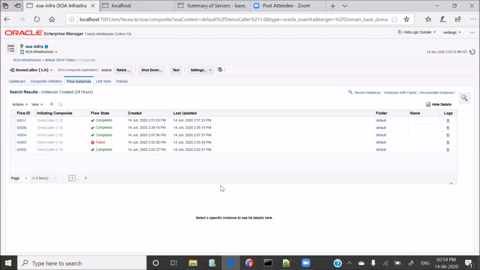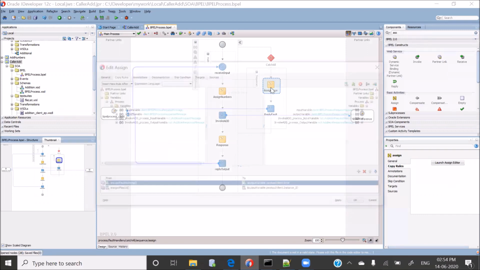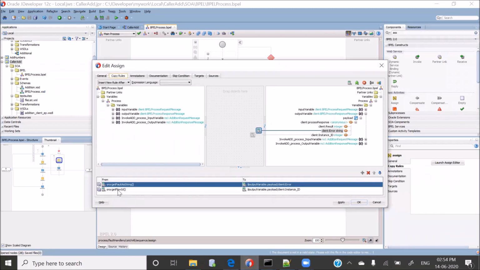Instead of that, what you can do is, in this particular catch-all block, invoke one database. In the database, you can create an audit table, and inside that audit table you can store your flow ID in a column named flow ID, and you can also catch your error and assign it to one of the columns in your table.